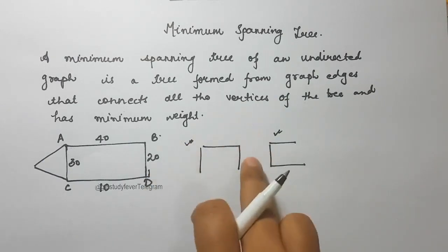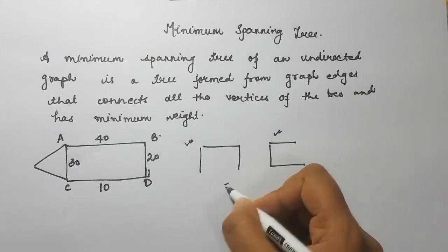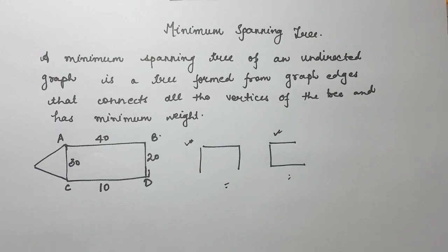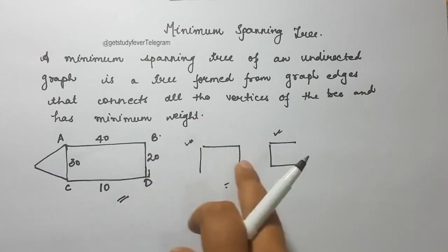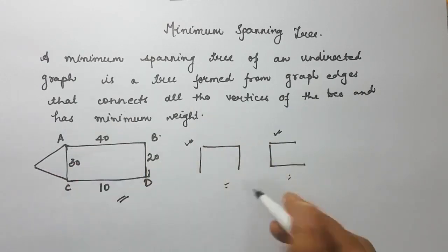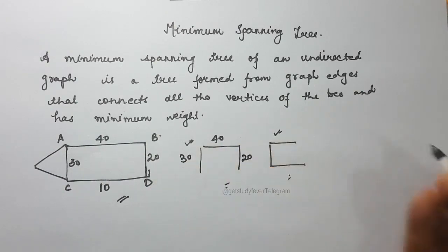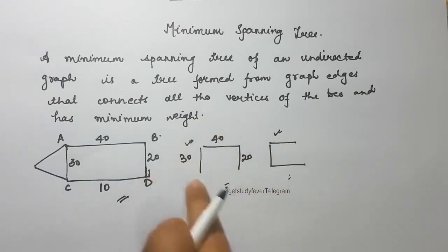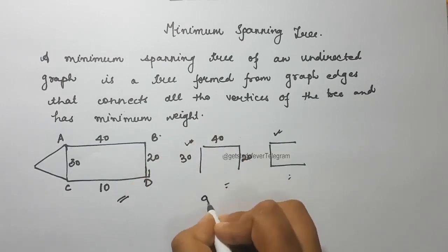So if we consider all these edges having an identical weight, this is also a minimum spanning tree, and this is also a minimum spanning tree. But in case we have different weights for different edges, so this is a weighted graph in which each edge has a different weight. So again, if I put weight to this particular spanning tree as per this graph, I will have my spanning tree with these weights. So the overall weight for this graph will be 30 plus 40 plus 20, which is 90.